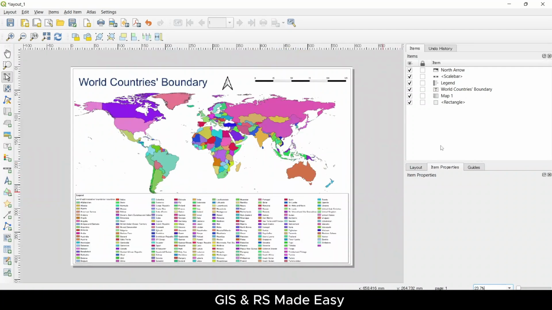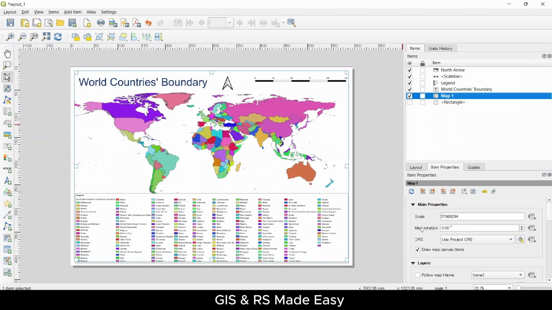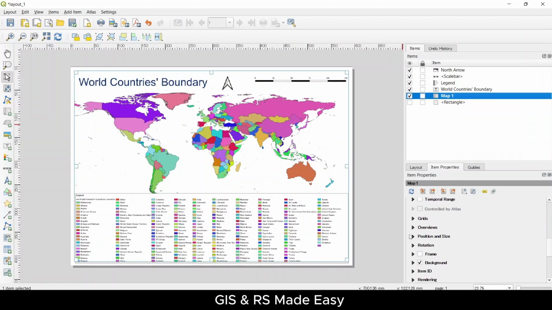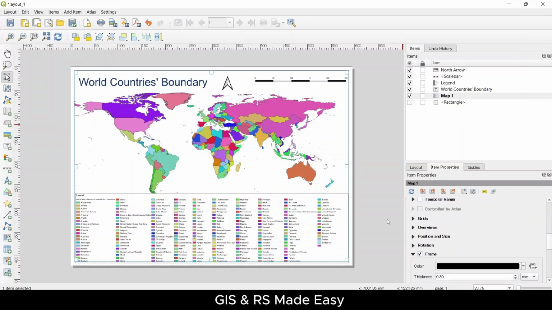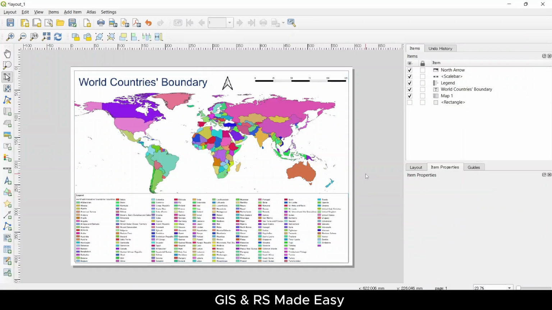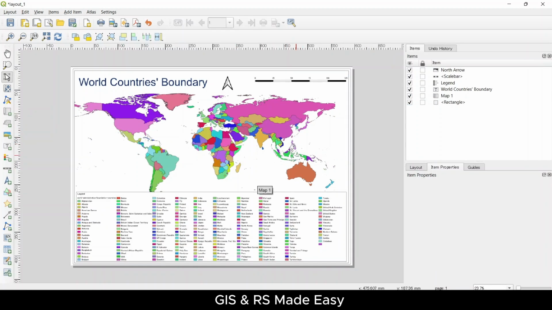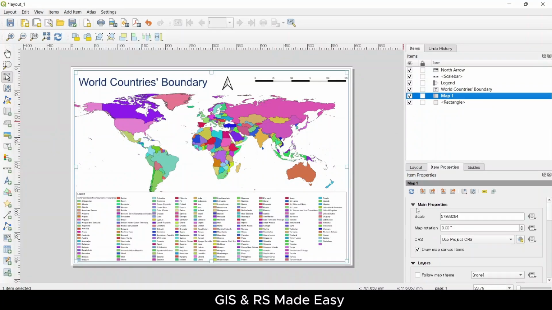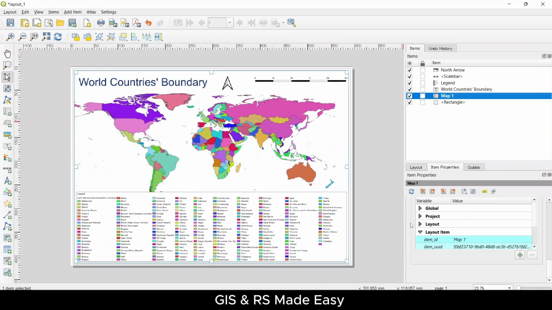We can turn this rectangle off and make a rectangle for our map element. Let's click on the map and scroll down and click on the frame. Now we have a rectangle for our map element. We can also add the coordinate value to our map element. Let's click on map, scroll down,